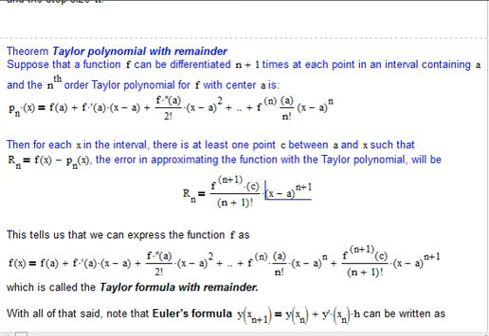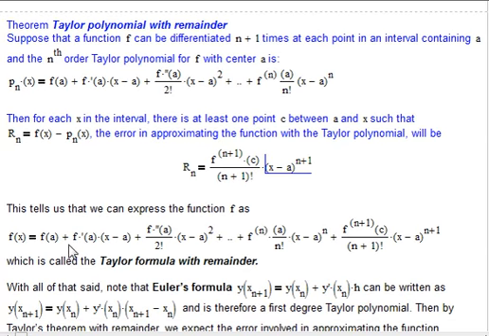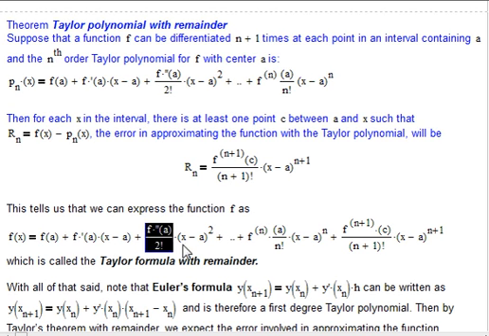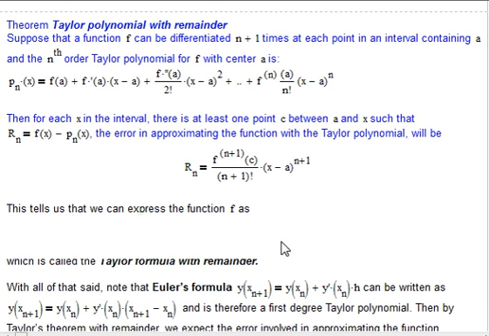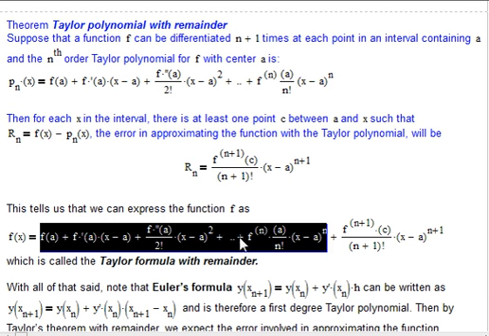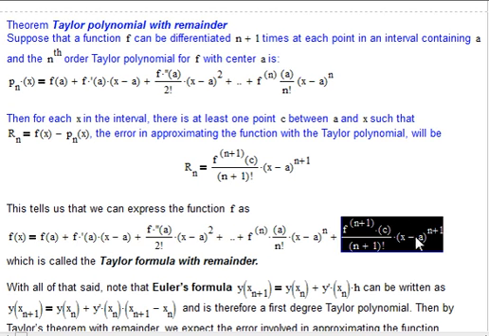This tells us that we can express the function f as f of x equals f of a plus f prime of a times x minus a plus f double prime of a over 2 factorial times x minus a squared, etc. I think you can follow that all right. And this is called the Taylor formula, and if I add the remainder, that's the Taylor formula with remainder. And so Euler's formula can be written as